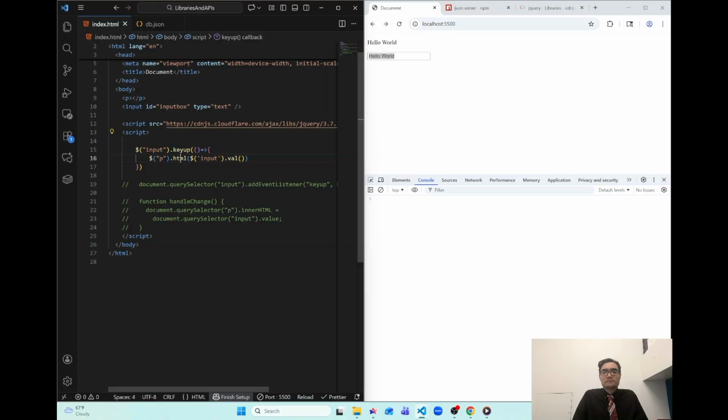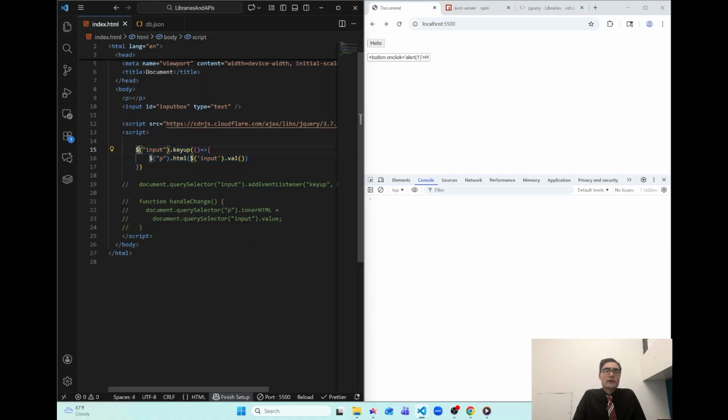Some caveats here. HTML does suffer from the same thing as .innerHTML, which means if I typed button and I gave it an onclick event where it alerted 1, and then I close it and I say hello, and then I close off the button, this button will run the outside JavaScript. So this HTML doesn't handle sanitization, so you'll have to be aware of all of the same things that you were aware of in JavaScript, but jQuery can allow you to shorten drastically long JavaScript down to just a few